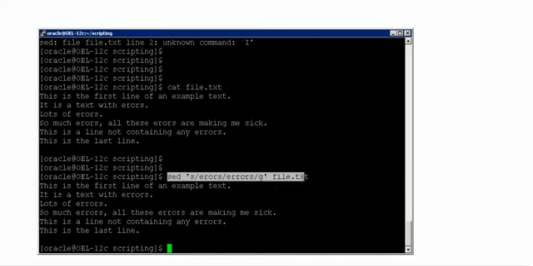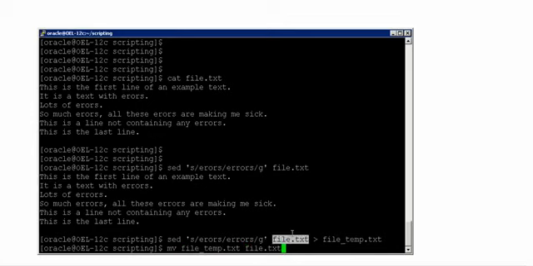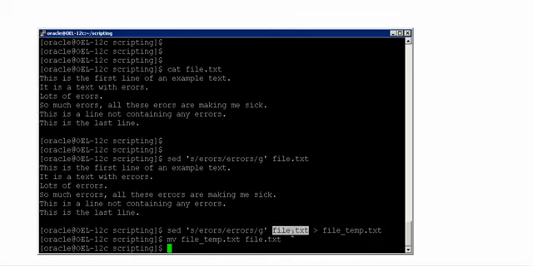Now in case you want to replace this into the same file, the only way is to redirect that output to temp.txt, and then move this temp.txt to file.txt. This is the two-step process if you want to use sed to search for something and replace it in the original file. This is the only way you can do it.